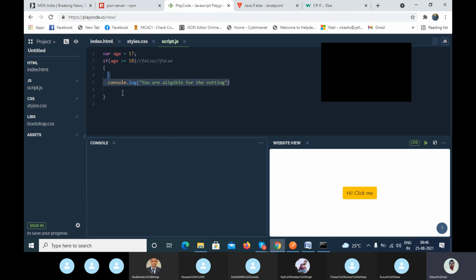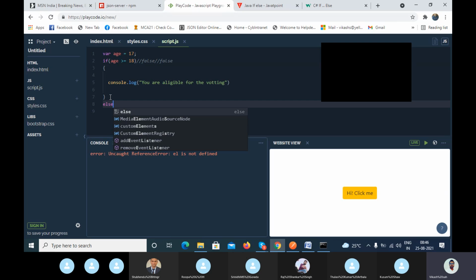But if it is not going inside the if condition, there is no output. So the user gets confused: I'm getting no output, what is the reason, is it working or not? So they have implemented the